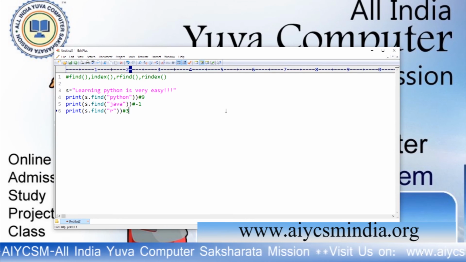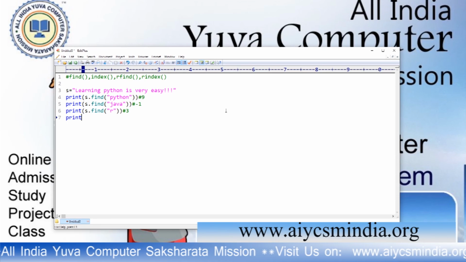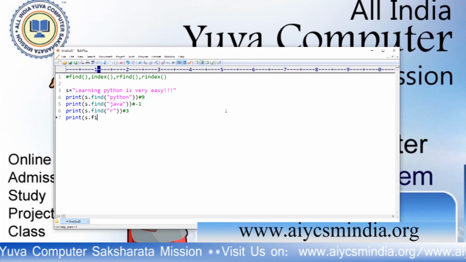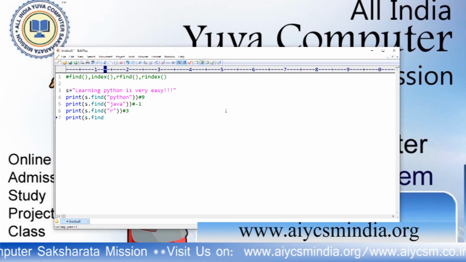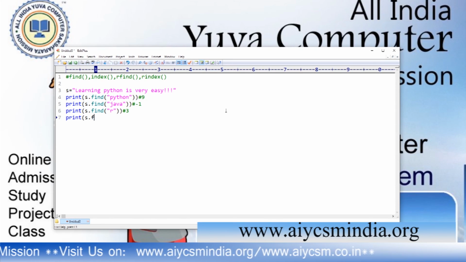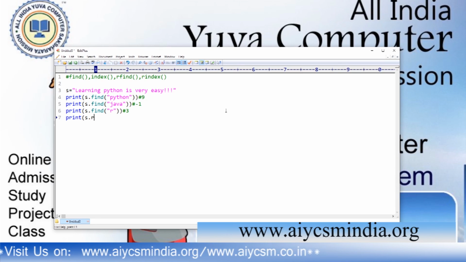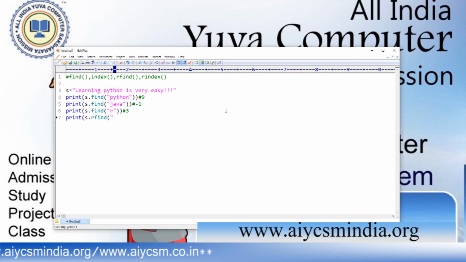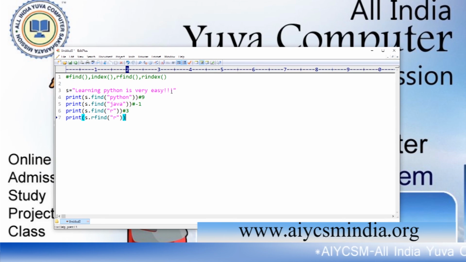Okay. Now last, print s.rfind. It will calculate from the reverse direction. There are multiple r. It will search from the backward direction, but it returns the positive index value.